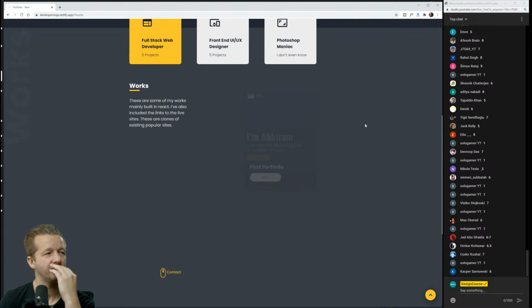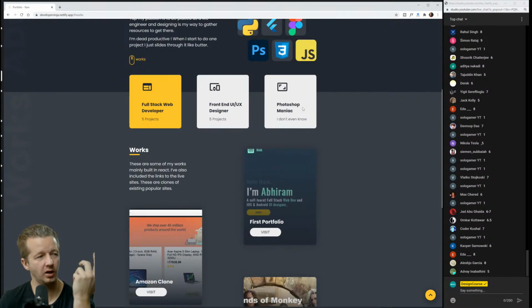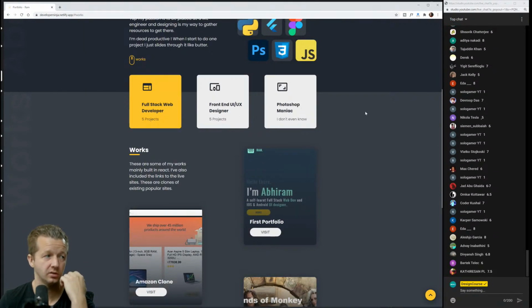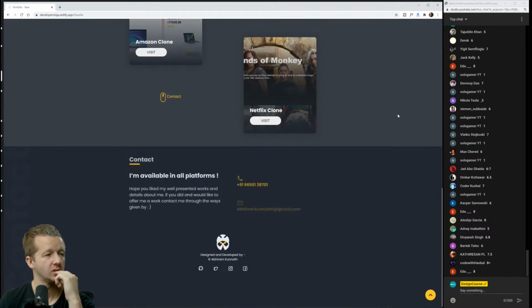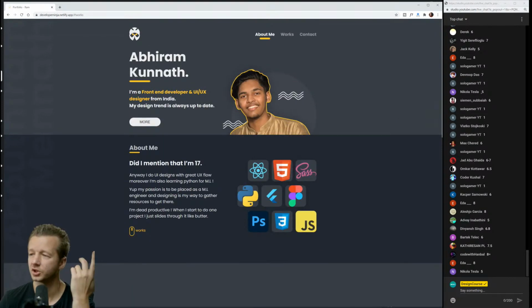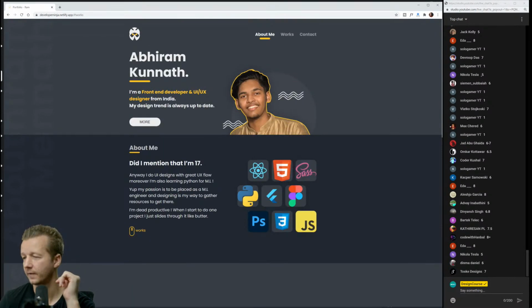So for me, I'm going to give this one, I like these cards here as well. These are cards, I like the icons. I think this one is just a straight up